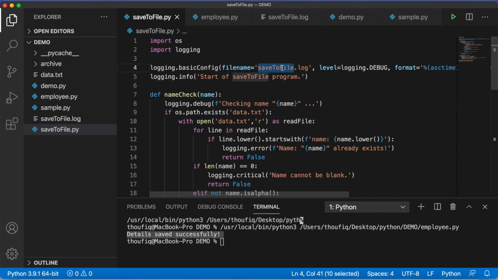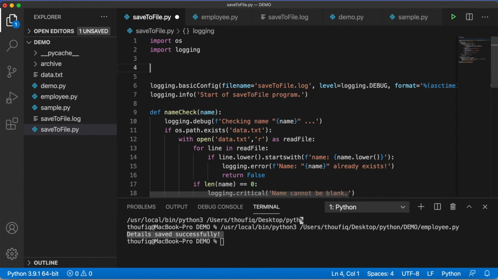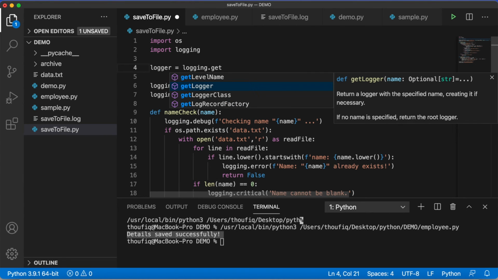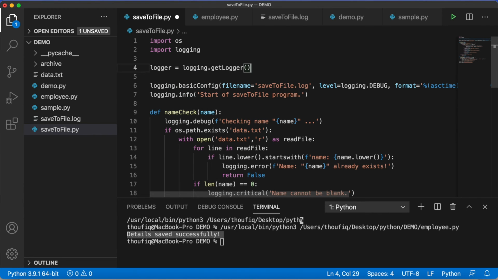So to avoid that, what we can do is, instead of using root logger, we can actually configure our own logger for each of our programs. It's actually pretty easy to create our own logger in each of our programs. So to do that, I'm just going to create a variable called logger, and then I'm just going to say logging.getLogger, and here I can just pass any logger name. So by default, the logger name was root that was configured from here. Here I can just pass any name that I want, but it is recommended the name to be used is